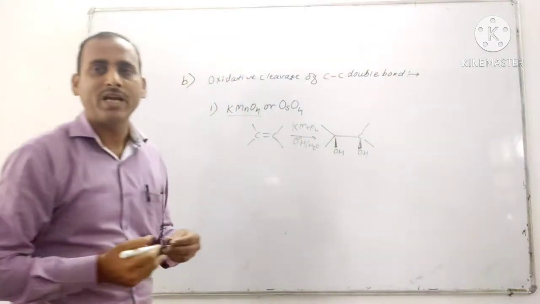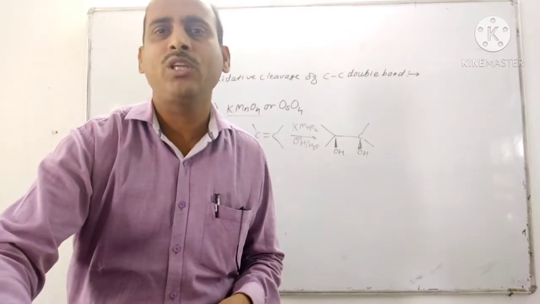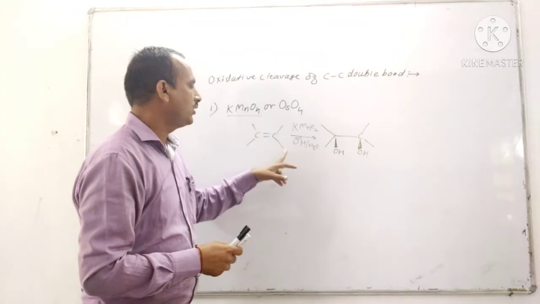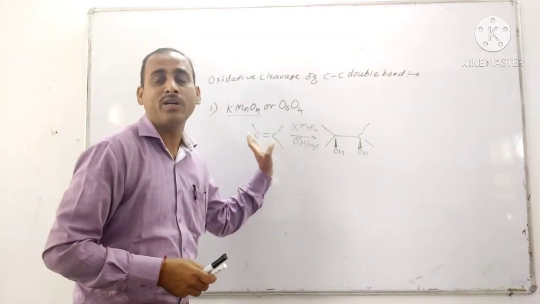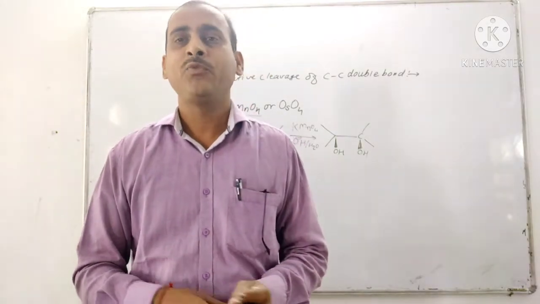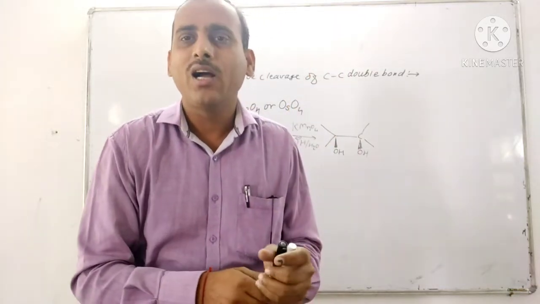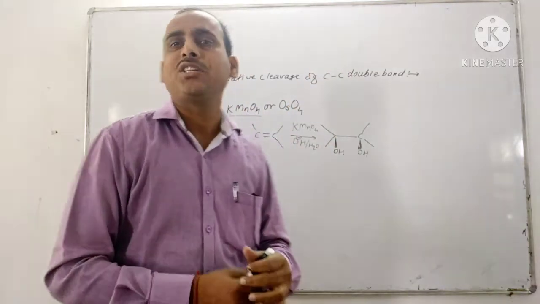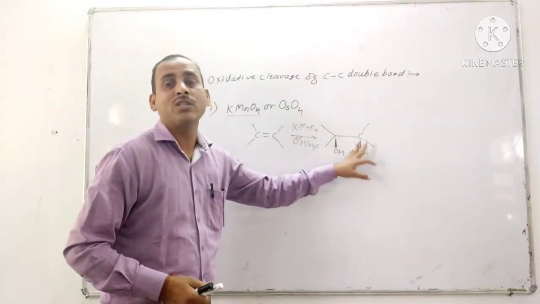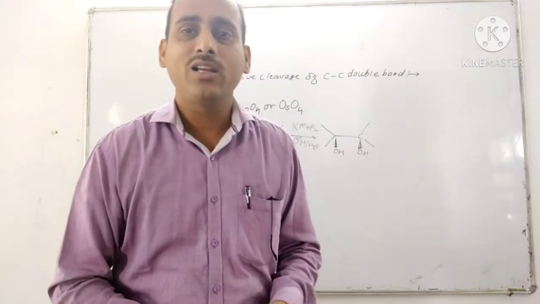And if we use acidic condition, then there is cleavage of carbon-carbon double bond to form the carbonyl compounds. If there is hydrogen on one side, then there is formation of aldehyde, and aldehyde further gets oxidized to carboxylic acid. So in acidic condition, KMnO4 gives ketone or carboxylic acid, and in alkaline condition, that means in basic condition, it gives syn-diol, meaning syn-dihydroxylation takes place in the alkaline KMnO4.